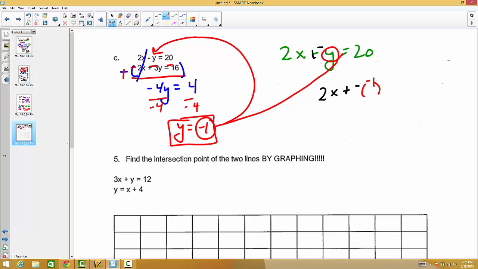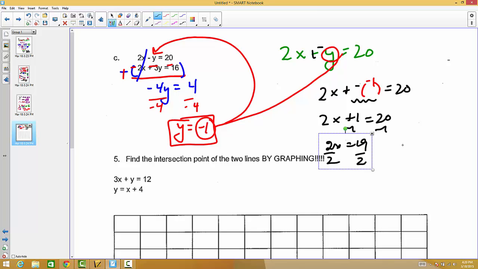Equals 20. So right here, negative 1. That's 2x plus 1. So you would need to subtract 1. So 2x is 19. And then divide by 2. So x is